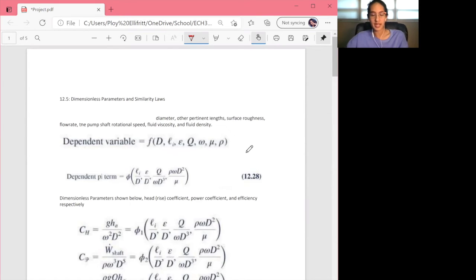And after dimensional analysis, you get this dependent pi term here, which can be turned into three dimensionless parameters, which are shown below: the head coefficient, the power coefficient, and efficiency. And within these